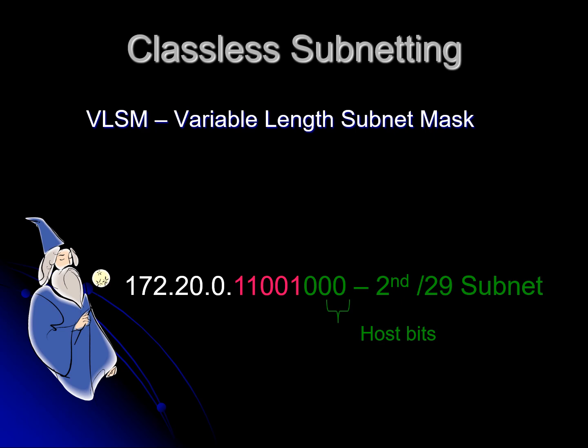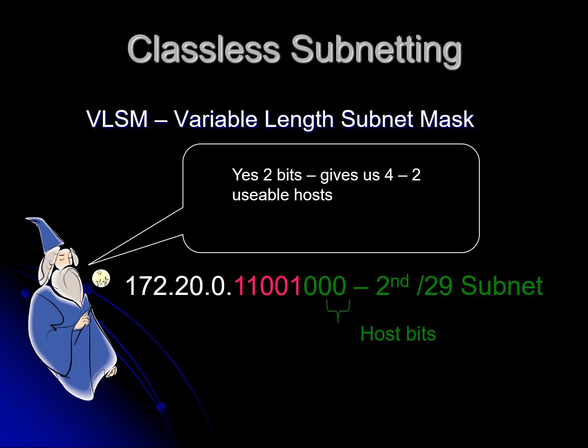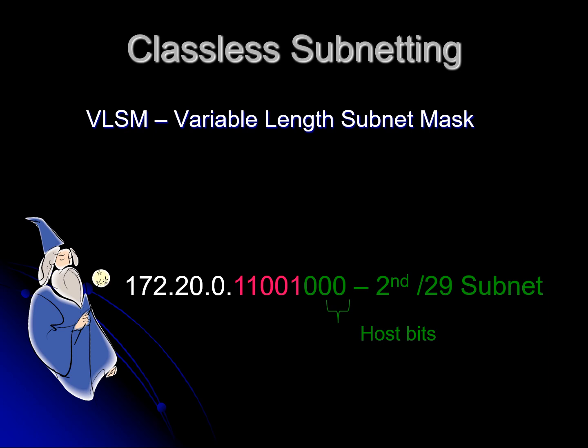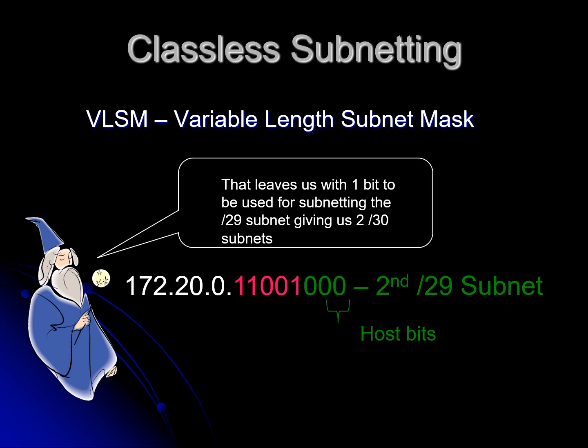You started off with a /29, and you determined you only need 2 of those host bits to cater for the requirements of network A. 2 bits will give you 4 minus 2 usable hosts, which is enough for network A. That leaves us with 1 bit to be used for subnetting that /29, giving us